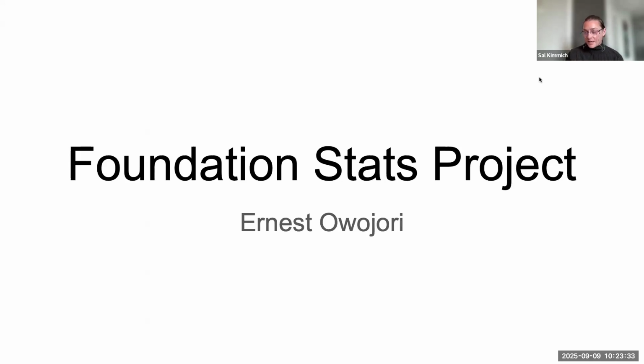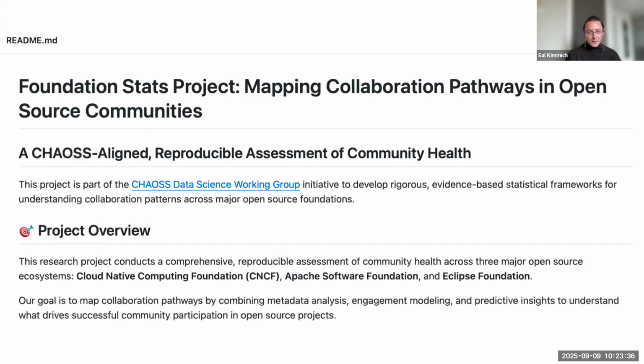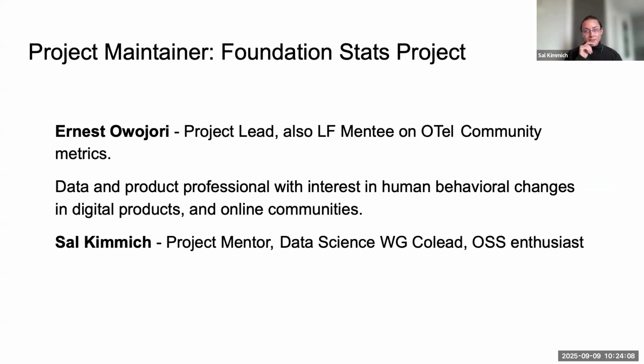I'm going to do the first few slides of this, but to get us started, we have this new repo up, which is a fresh, clean start to the foundation stats. We are covering the ecosystems of CNCF, Apache Software Foundation, and the Eclipse Foundation. Our interest there is to capture all of the information that is easily API accessible, but also the communication mechanisms that they use, like blogs and Slack, so that we can get a total understanding of which aspects of those allow these to succeed. And I will let Ernest introduce themselves on this slide.